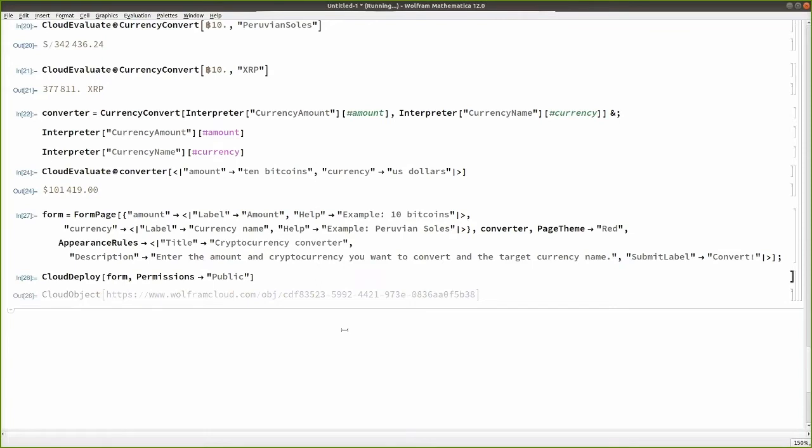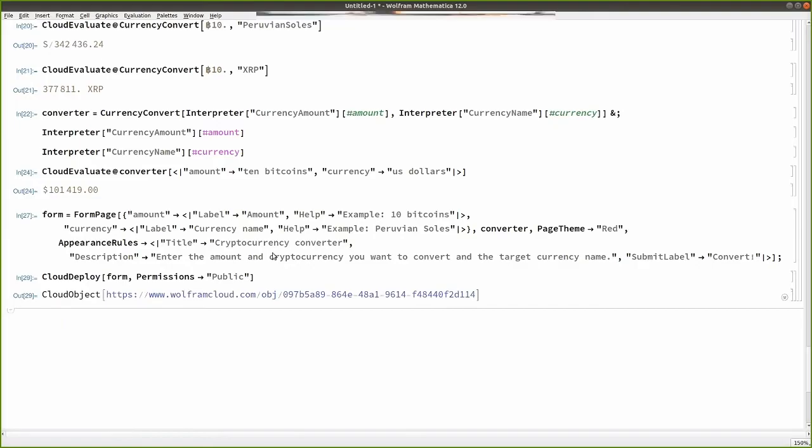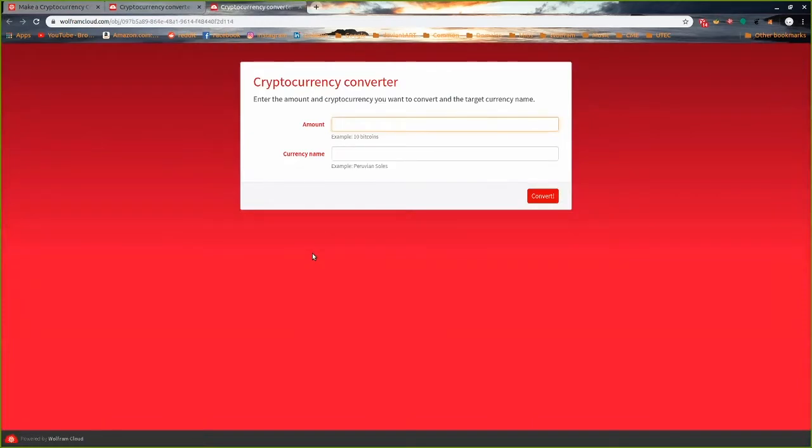And the cool thing is that these form pages also work on mobile. So, yeah, okay. I personally use this a lot. I have these kinds of form pages to do some computations, and I use my cell phone to run this. All right, so let's try something like